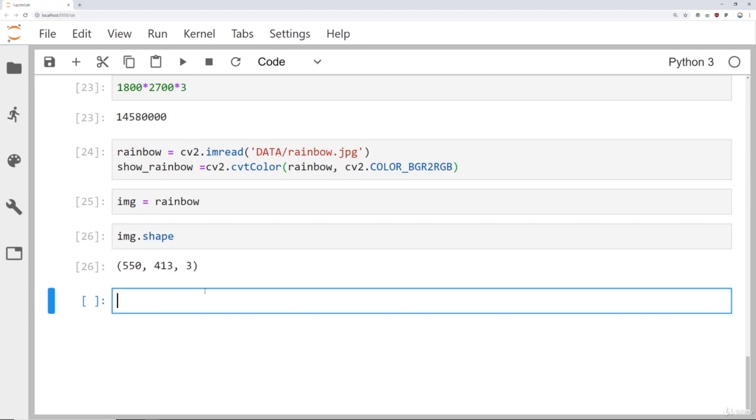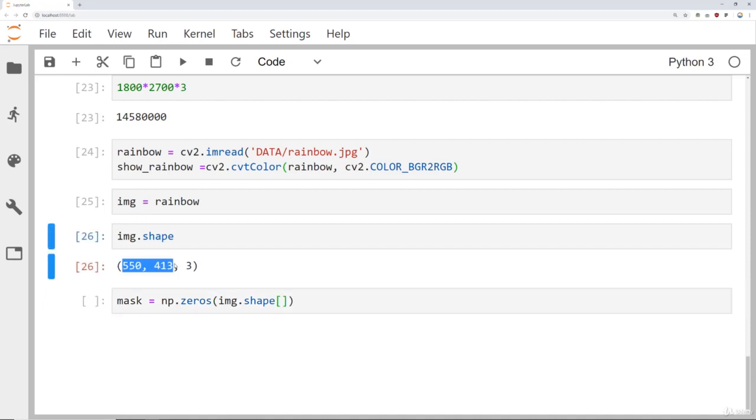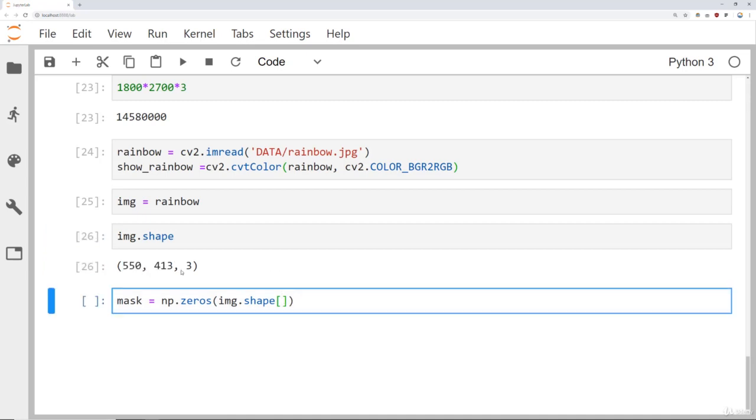Now it's time to create a mask. So probably the easiest way to create a mask is just by using NumPy. We'll say mask is equal to np zeros, and then check the image shape, and in this case, we're only concerned with the mask on the X and Y dimension. It's not like we're going to mask certain colors out. We just want this on the 2D plane, and then that mask will be extended to the 3 other channels. So in that case, we're only concerned with these first 2, so the shape is going to be